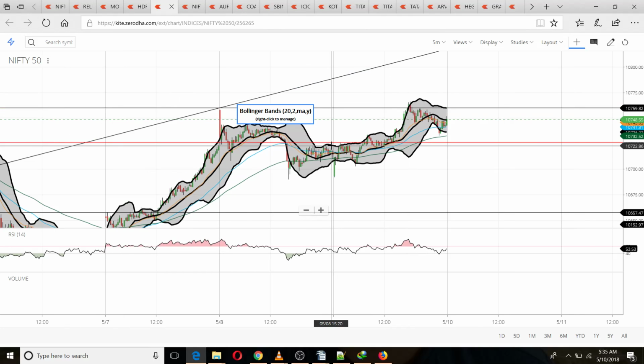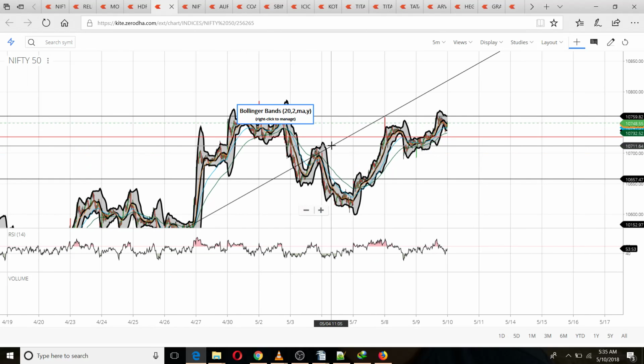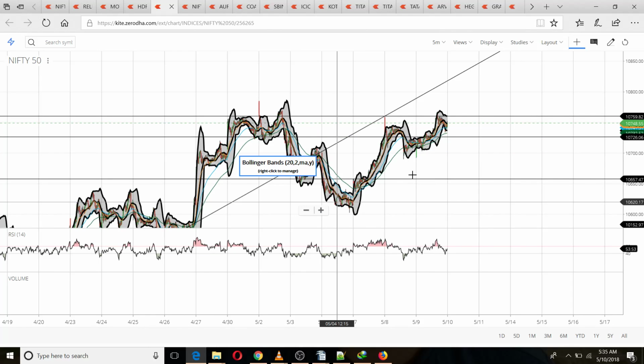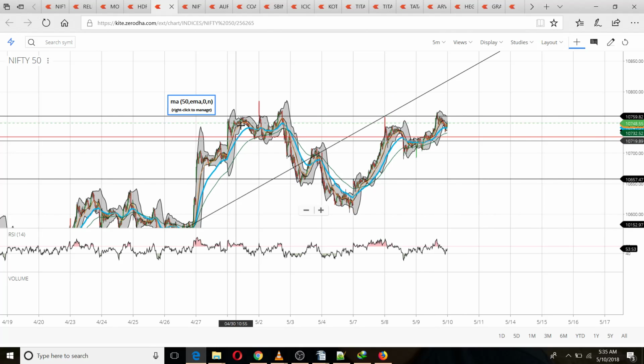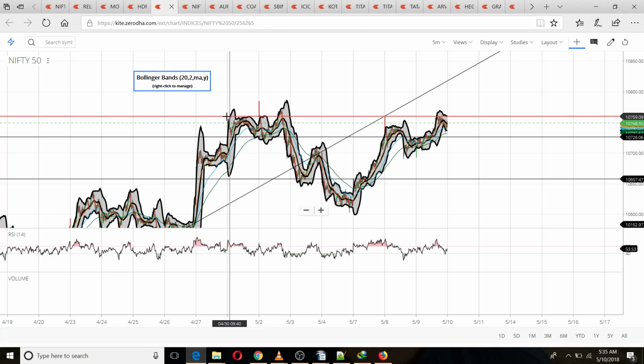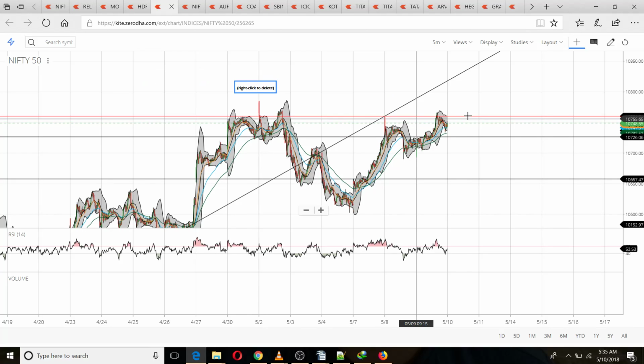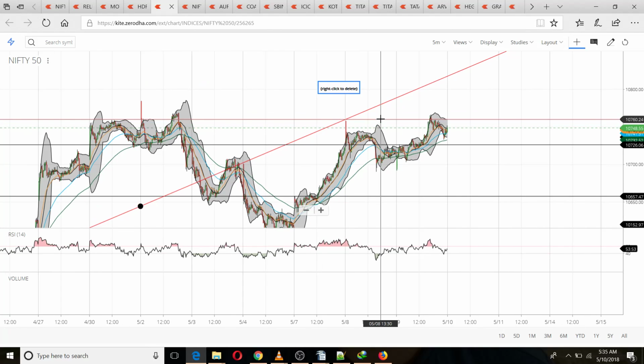Why here? Because on the left, if you see, the left always leaves the clues of where price action is moving. So always keep an eye on the left side of the chart also. Here if you see, this was considerable resistance for a certain time, and that's where I booked my profit.